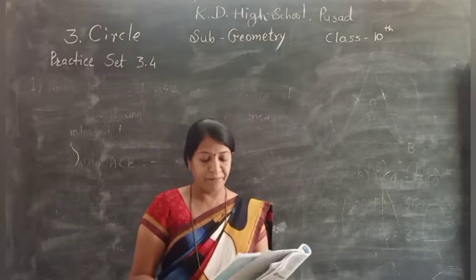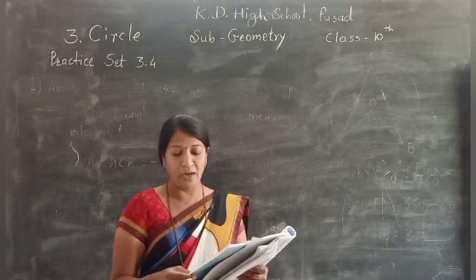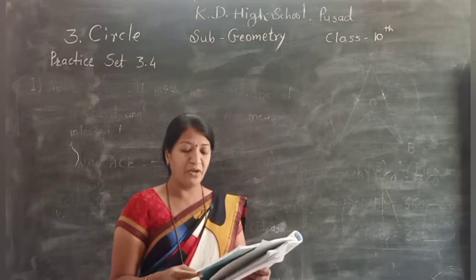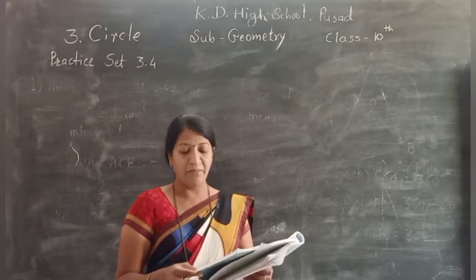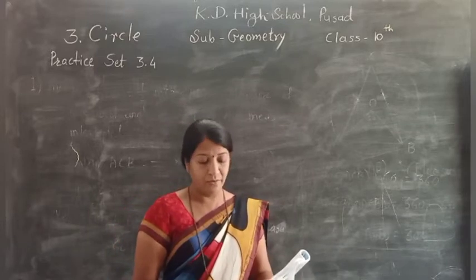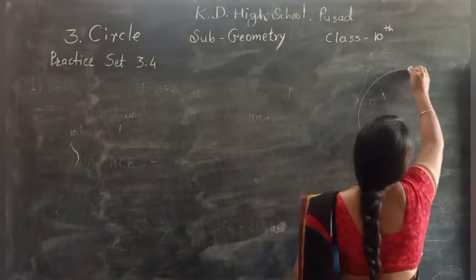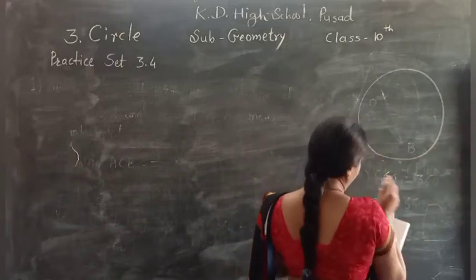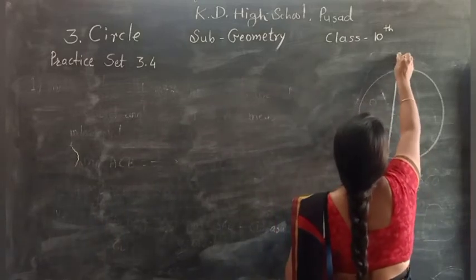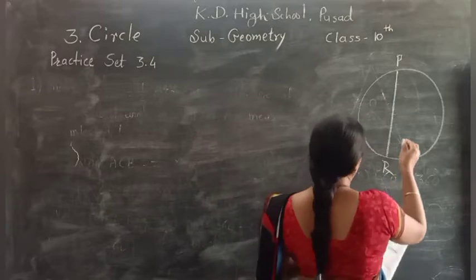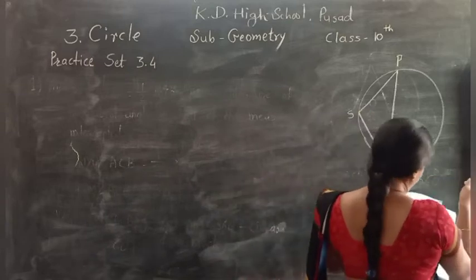Okay, we know this. Side PQ is congruent to side RQ, angle PSR is equal to 110 degrees, and find the measure of angle PQR, measure of arc PQR, measure of arc QR, and measure of angle PRQ. Again, four sub-questions. First of all we draw the figure here. PR, point S, and point Q.